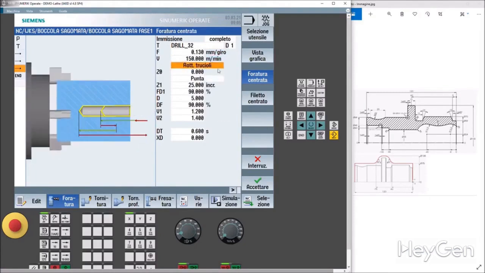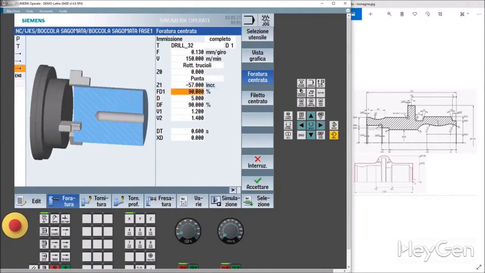Chip breakage. Okay, you see here it forces me to set a break. Chips, we will go to trick him because the insert bits don't cause chip breakage. Drill all the way through. So we leave 0 at 0, 0.1. We're going to drill up to 57 millimeters, so minus 57.